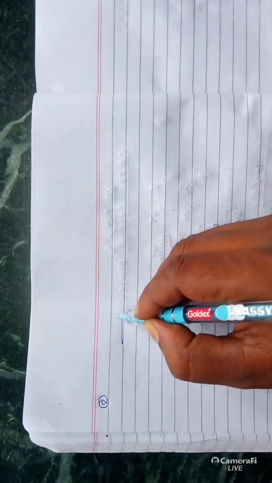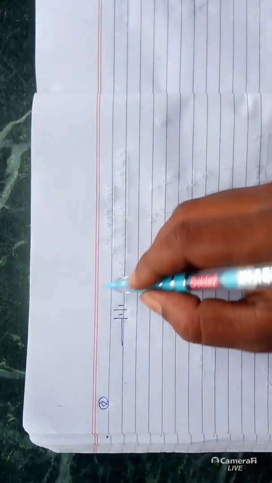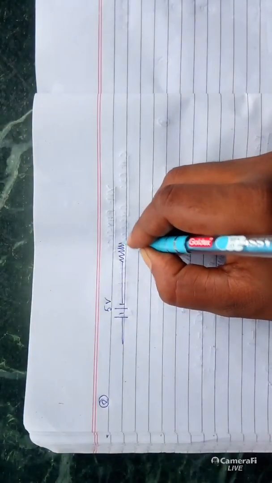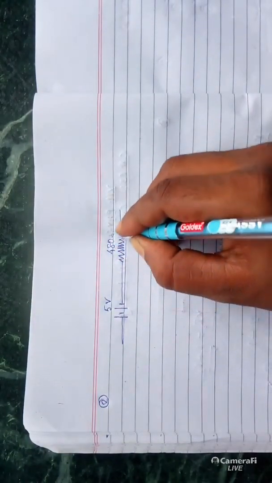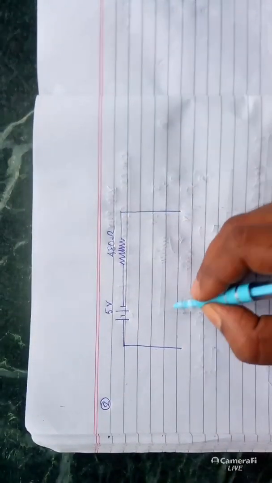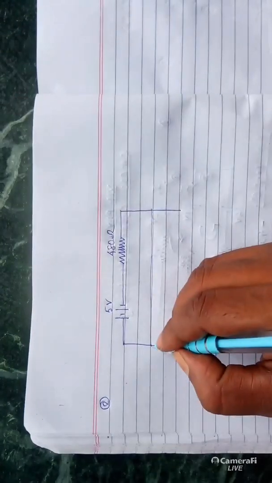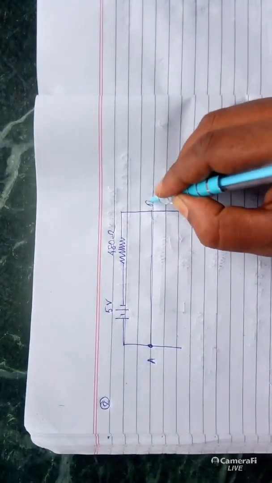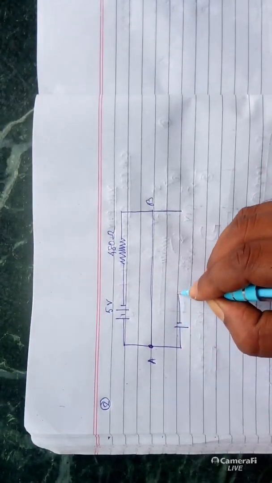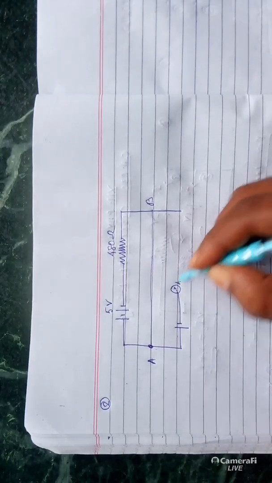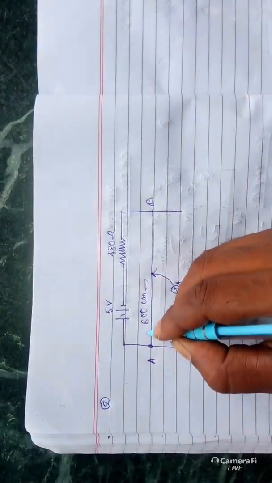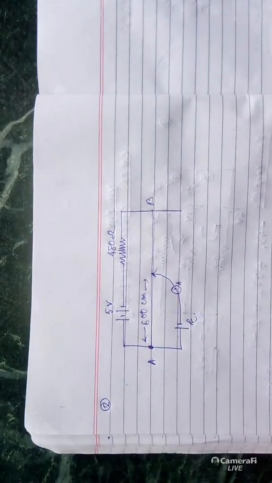The circuit is given. This is a potentiometer circuit, 5 volt. One resistance is given to it, that is 480 ohm, and this terminal will be connected. This is the potentiometer wire. All of you know this is terminal A and this is terminal B. And this is an EMF, positive terminal should be same. One galvanometer, and the balancing length is this, given as 600 centimeter. Now you have to calculate the unknown EMF E.